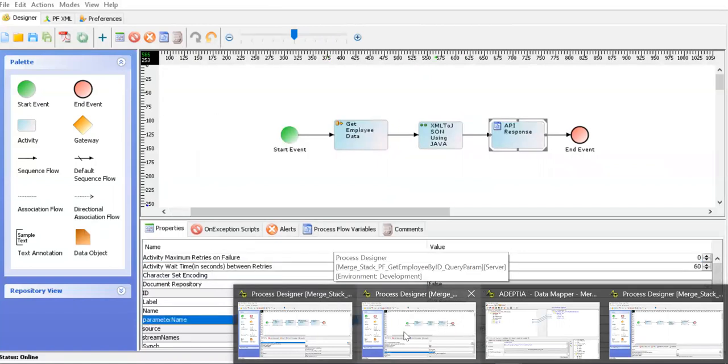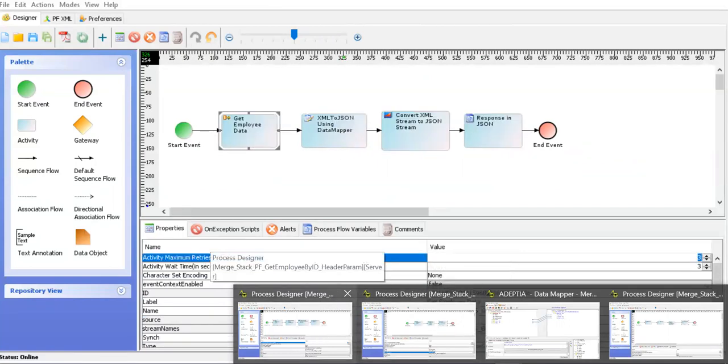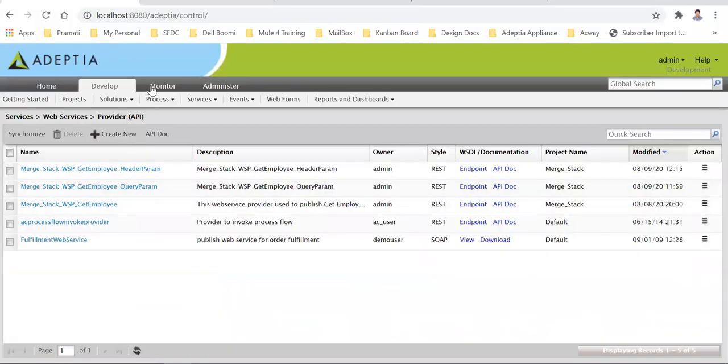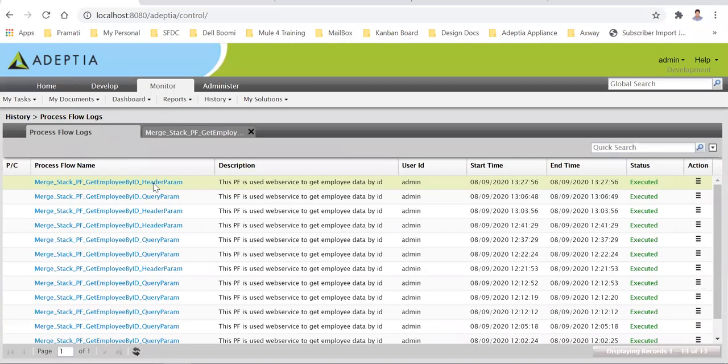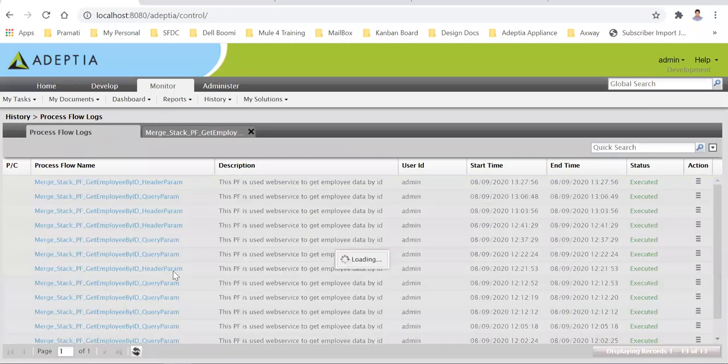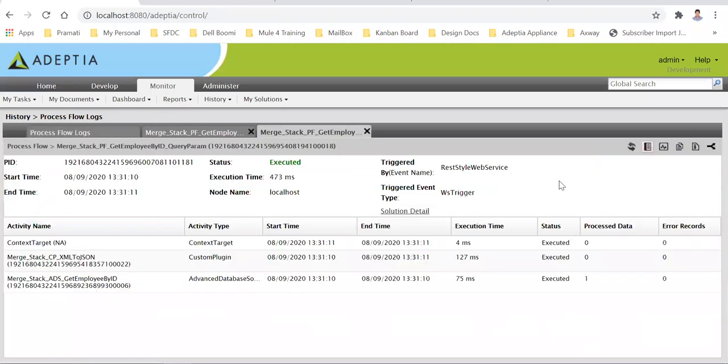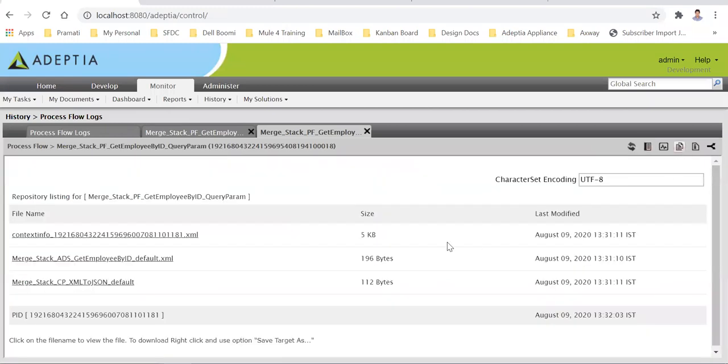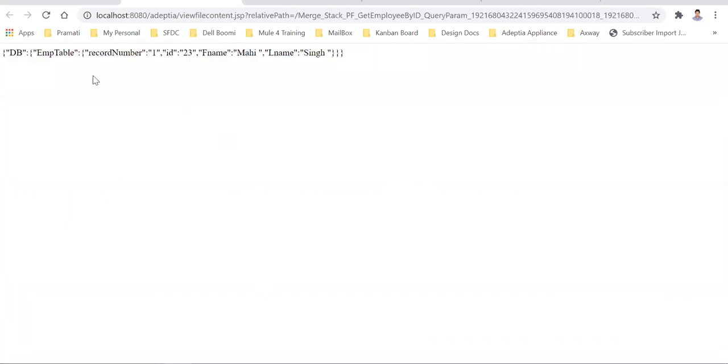Let me show you again quickly how these variables work. Let's go to the monitor section. This time we invoked the query parameter, right? We can go to the repository files here and see whether we can see the JSON. Yes, it's converting to JSON.